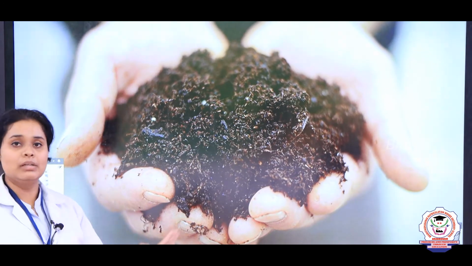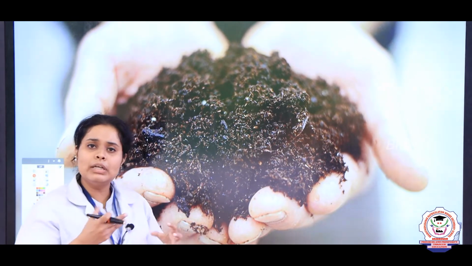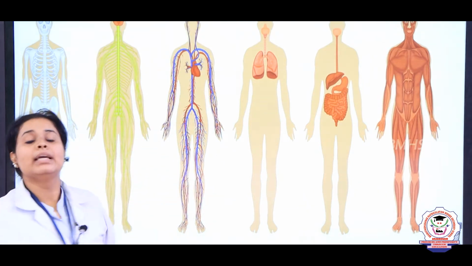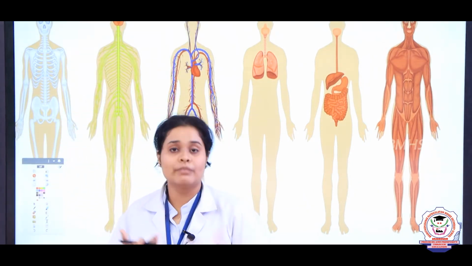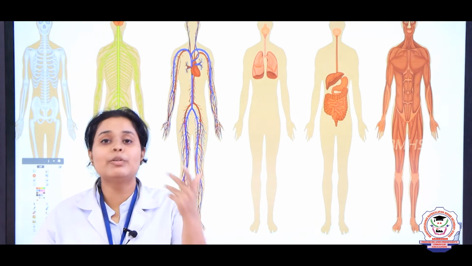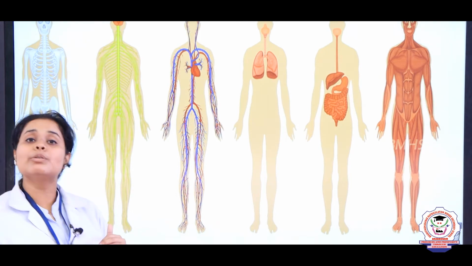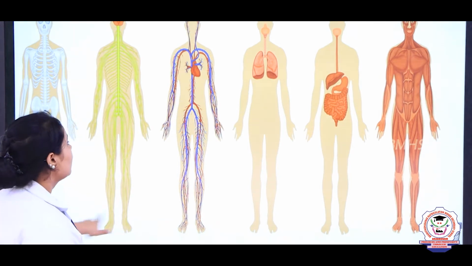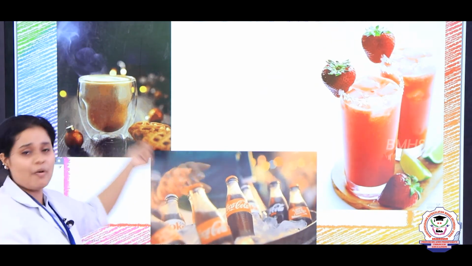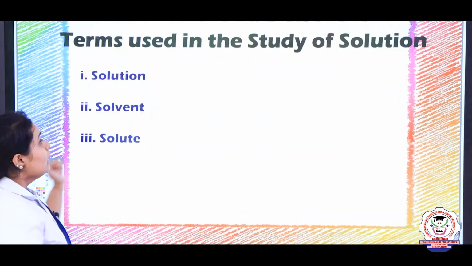Then comes the soil. Children, soil gets all its nutrients from the solution of all the mixtures of chemicals, vitamins or anything, right? And our human body. In the human body there are many kinds of solutions, for example blood, lymph and different types of things, where in blood itself you will see WBC, RBC, platelets, right? So the human body is also an example of carrying solutions. These are the normal solutions which you love, which are coffee, Coca-Cola and even soft drinks or fruit drinks.